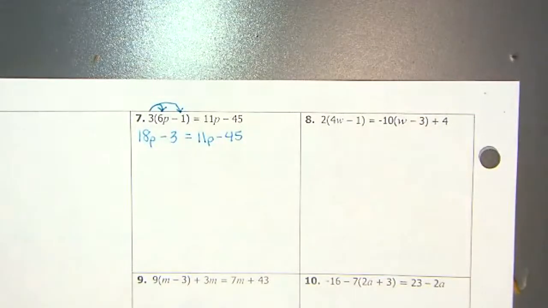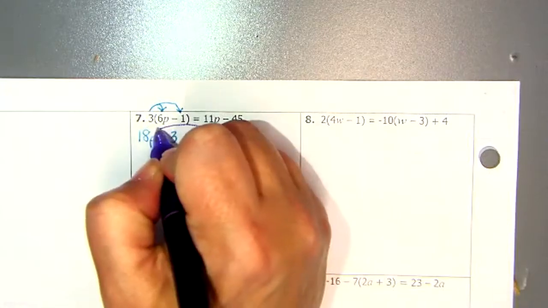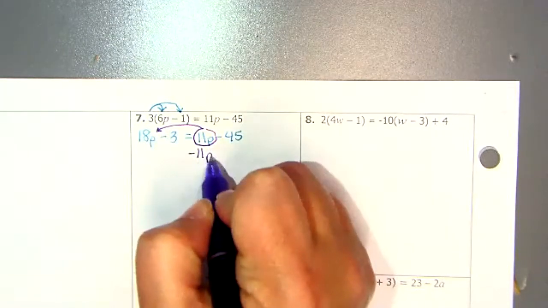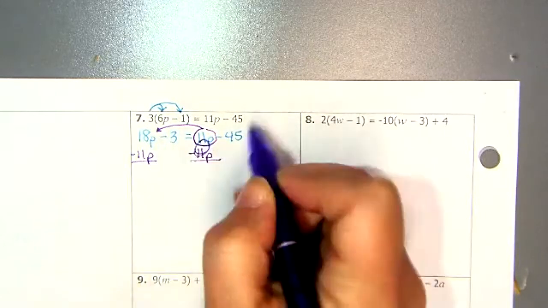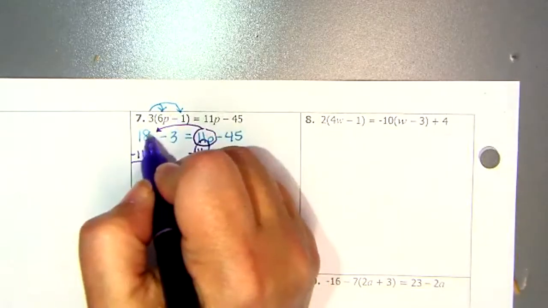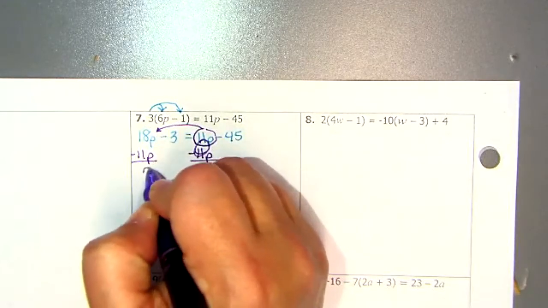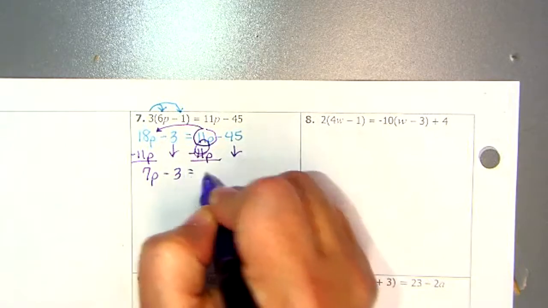And now it's the same thing as what we've been doing. I'm going to move this 11p over here. It's a positive 11p, so therefore I have to subtract 11p from both sides to make this equal 0. 18 minus 11, that gives me 7p minus 3, because I bring this down and I bring this down, equals,